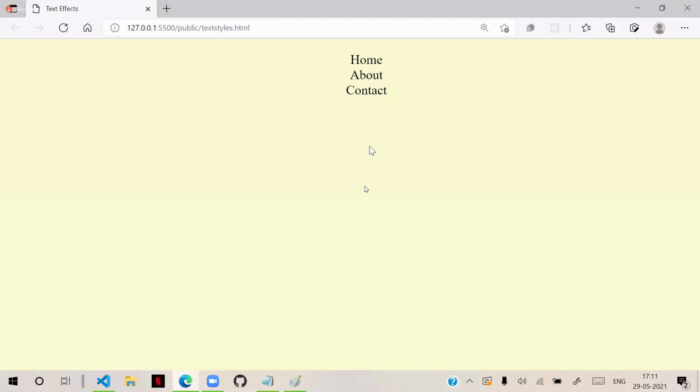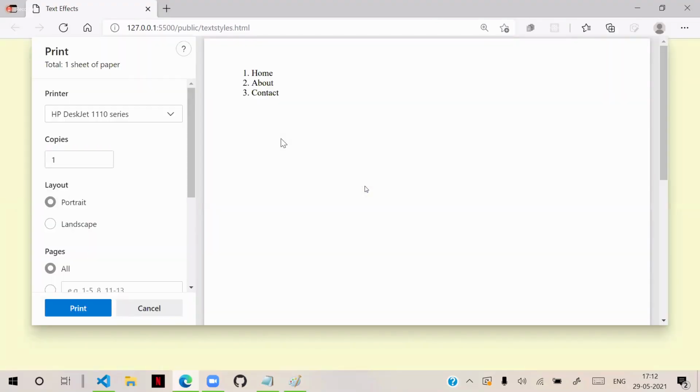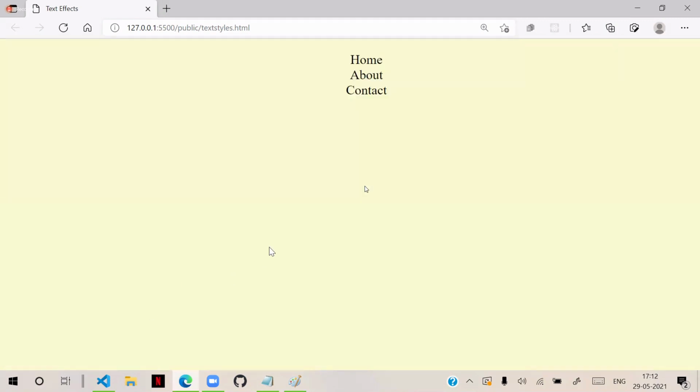When I go to printout, Control P, it will open the printing options, and its appearance is normal. On printing it will show like this, but on screen it will display like this. Printing should be one way and presentation should be another way on screen.